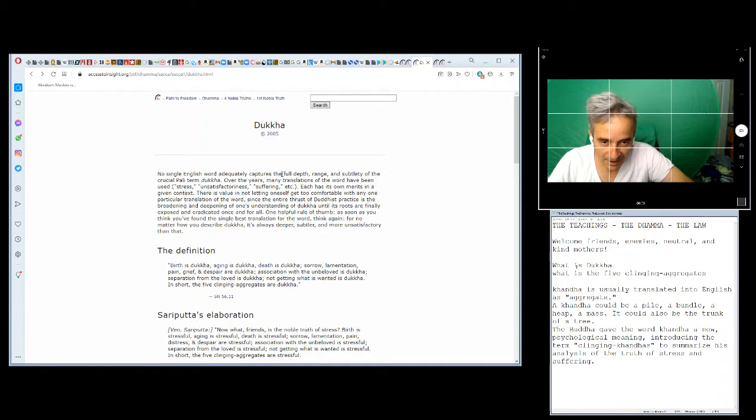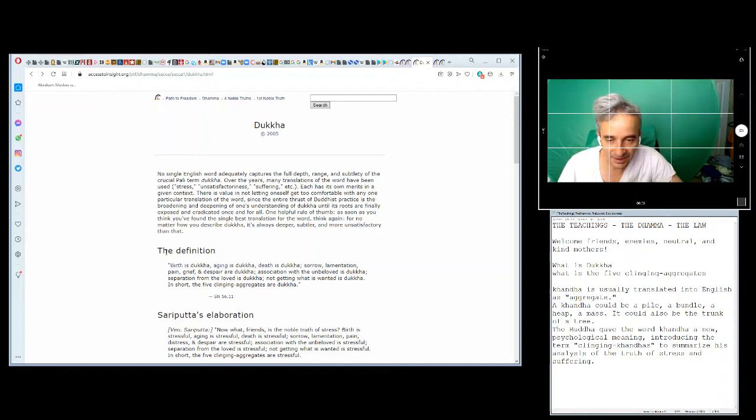So it's been translated as stress, unsatisfactoriness, suffering, etc. None of them are right or wrong. Each has its own merits. So here's the definition of dukkha